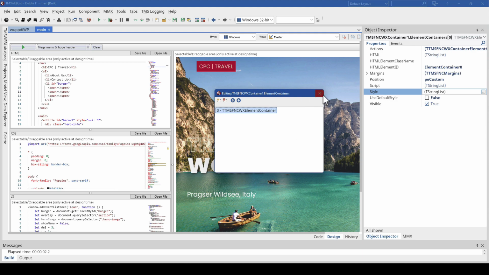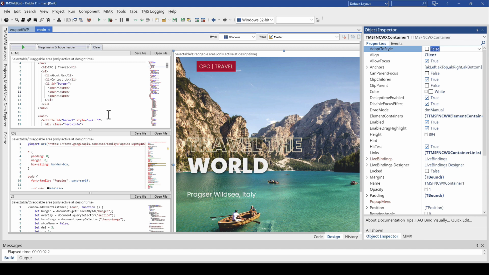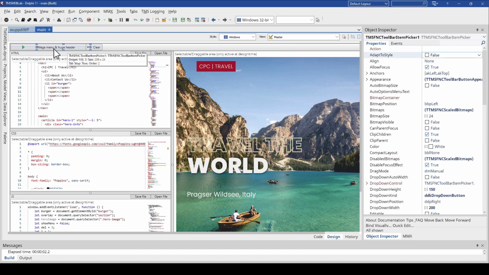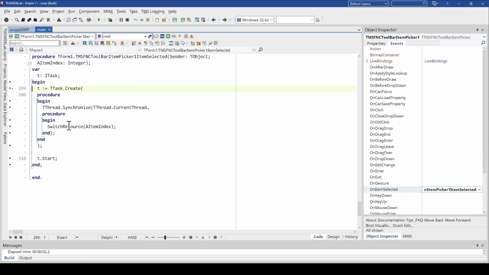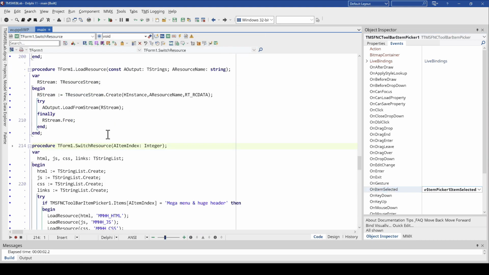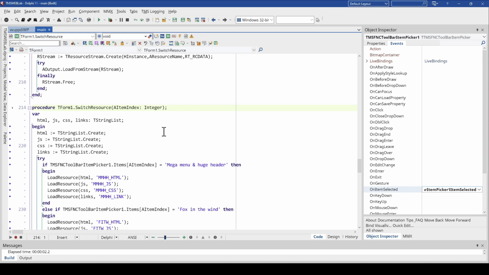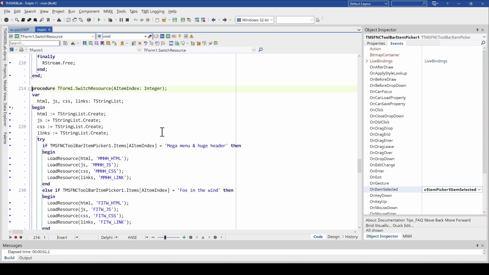And that is exactly what's happening if you look at the source code. For example, if we load one of the templates, we click on the toolbar item picker, a great component from TMS as well. We go to on item selected, which is the event that is triggered after an item has been selected. We go to switch resource, which is what happens when we switch the resource that is selected.